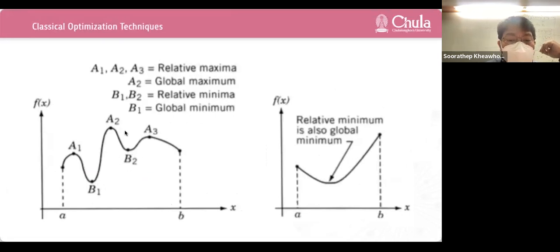Right? A1, A2, A3 is a local maximum. And it is not necessary that the global maximum needs to be a local maximum. Okay, we can have,